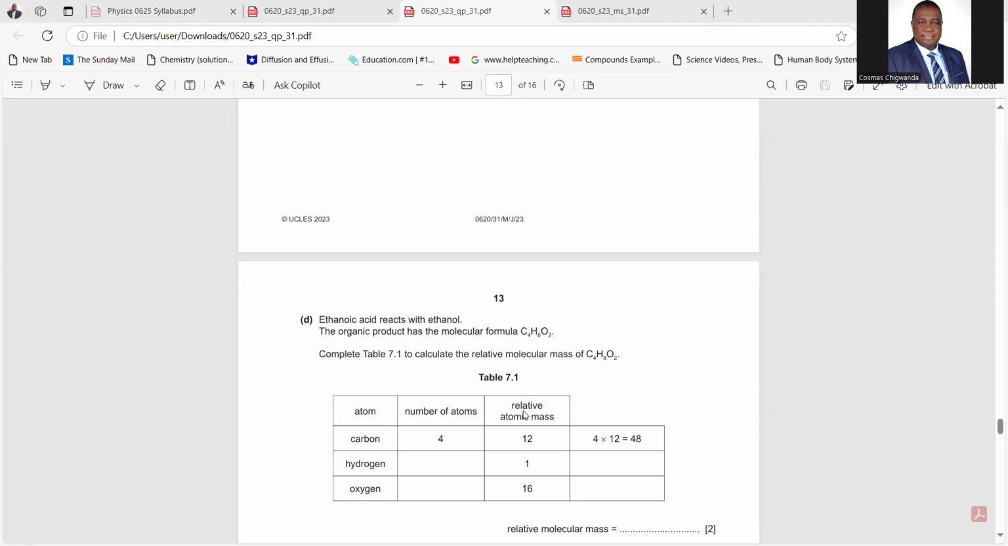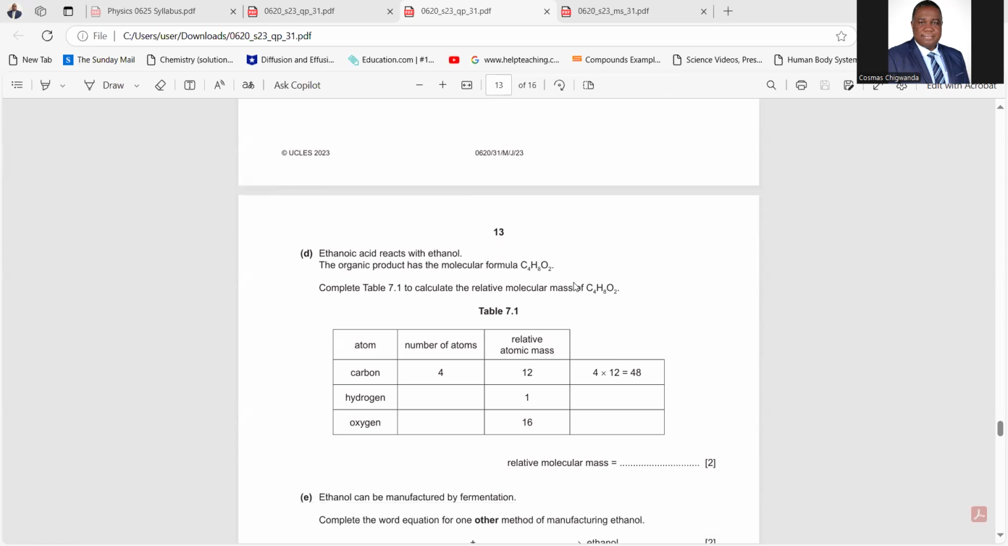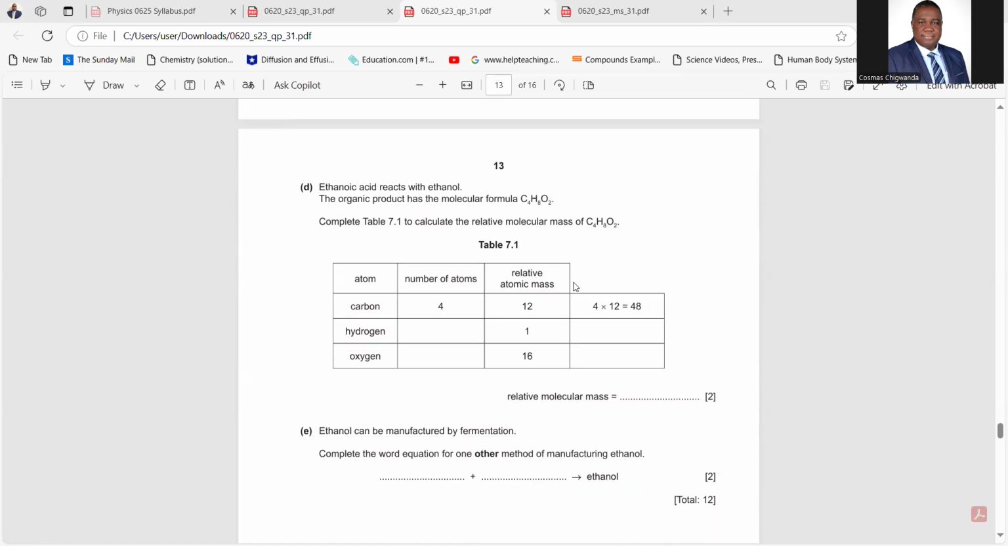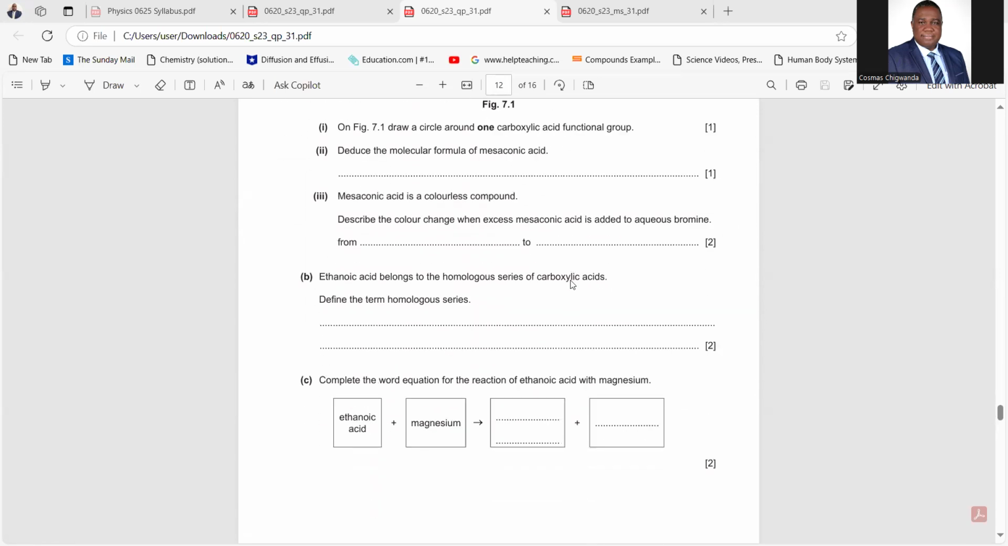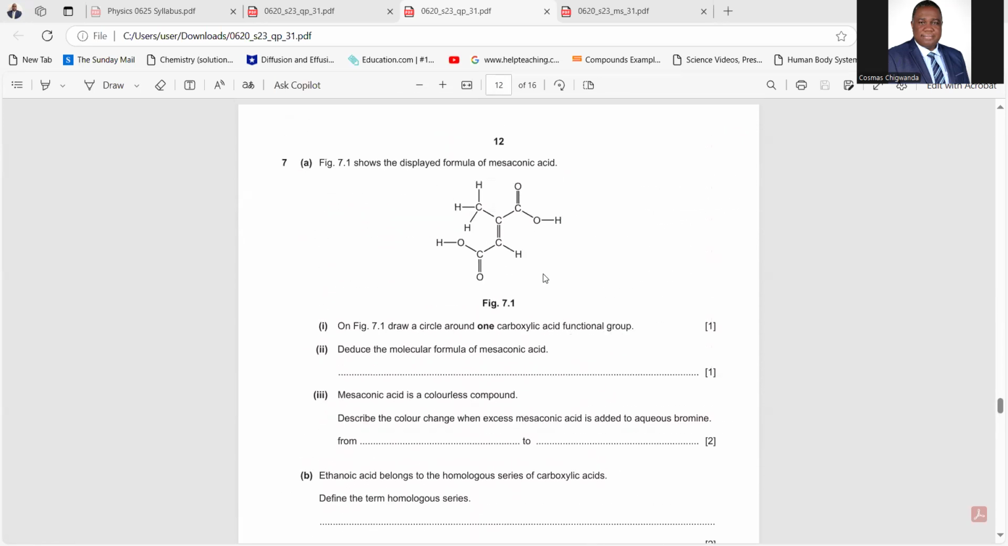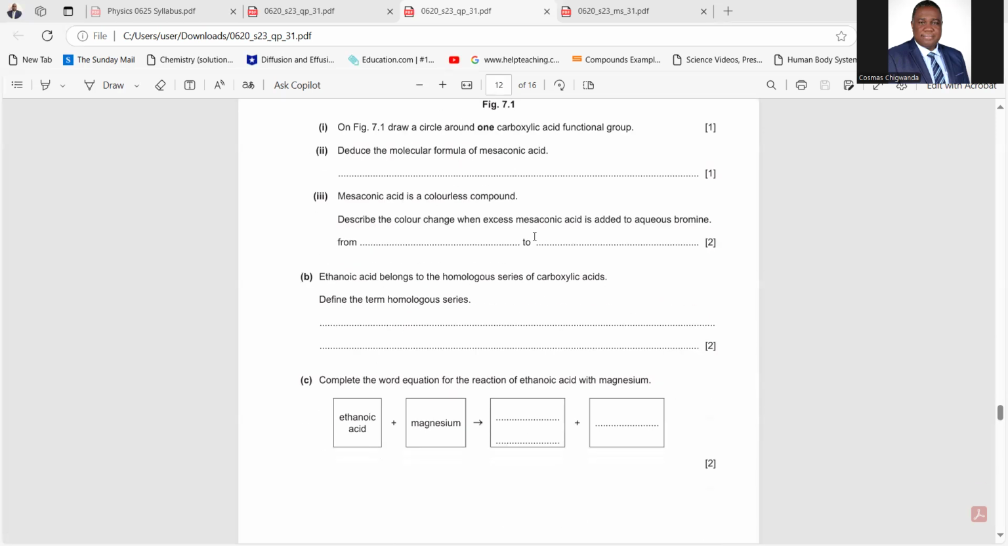Good day, students. I want to go through with you this past exam question which came in May-June 2023. As you can see on my whiteboard, it's 0620 paper 31, May-June 2023. I want to look at question 7, and it's part D. If you check in one of my videos, I did this displayed formula for mesoconic acid, but today I'm going